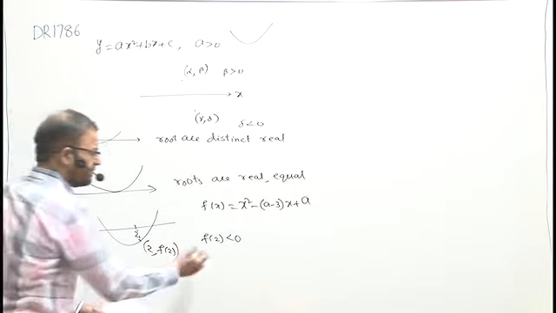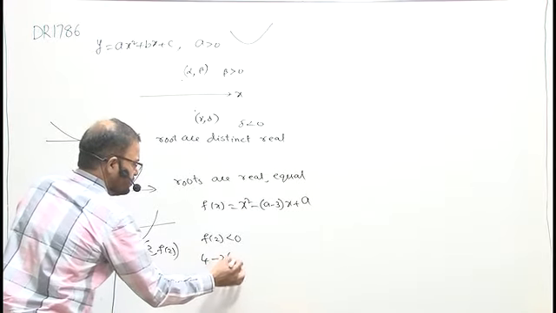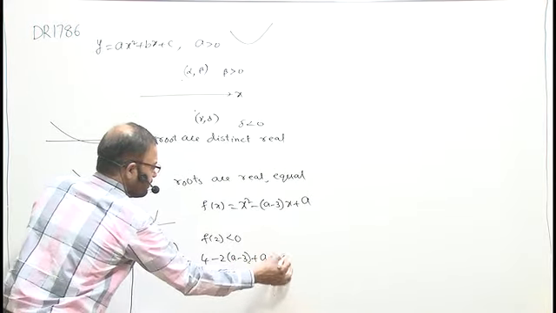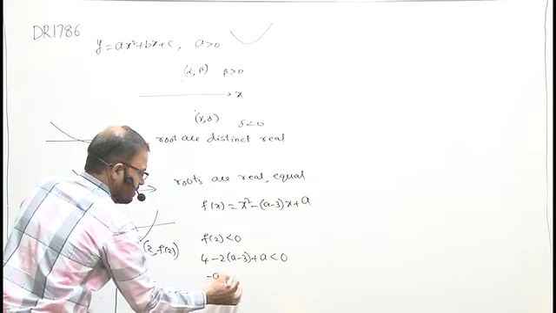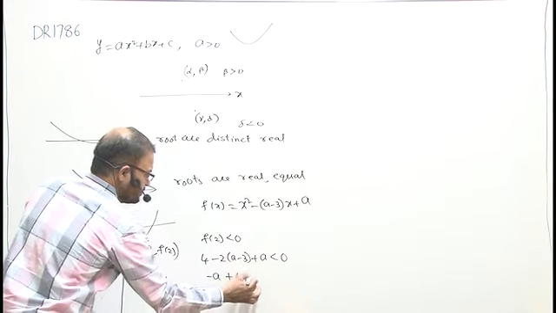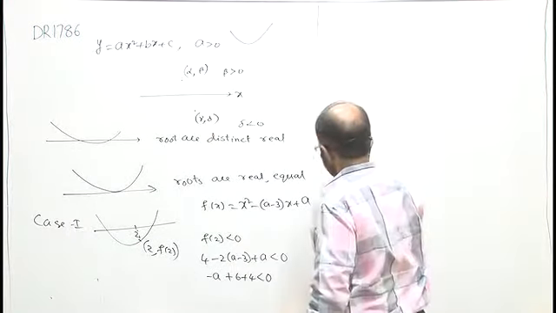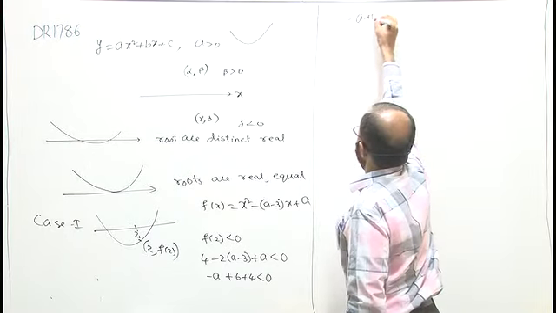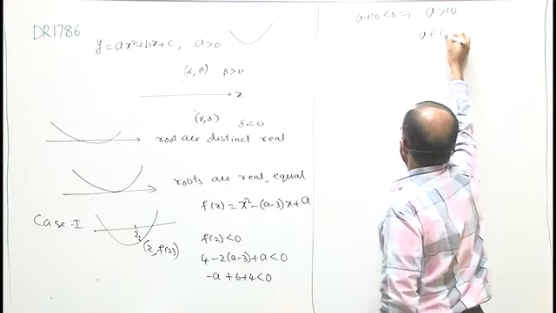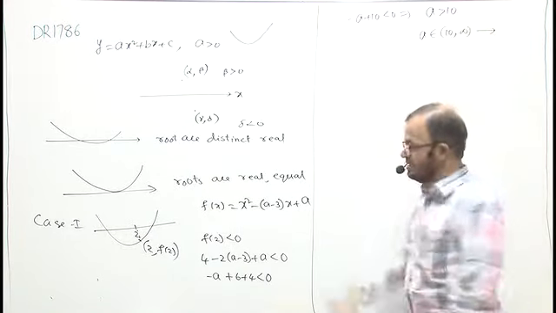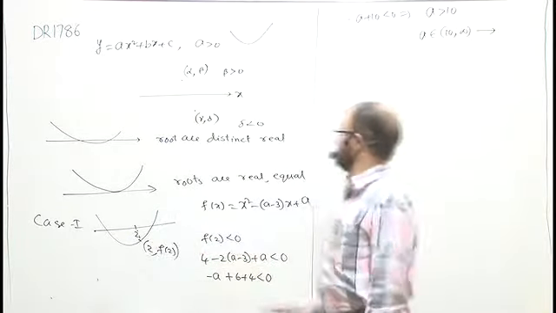I have to solve here f of 2. I am putting at the place of x 2. 4 minus 2 times (a minus 3) plus a. This is minus 2a plus a, minus a, and this is plus 6 plus 4, is less than 0. Minus a plus 10 is less than 0, or a is greater than 10. So a belongs to (10, infinity). This is the result of the first case wherein I have assumed one root bigger and one root smaller.